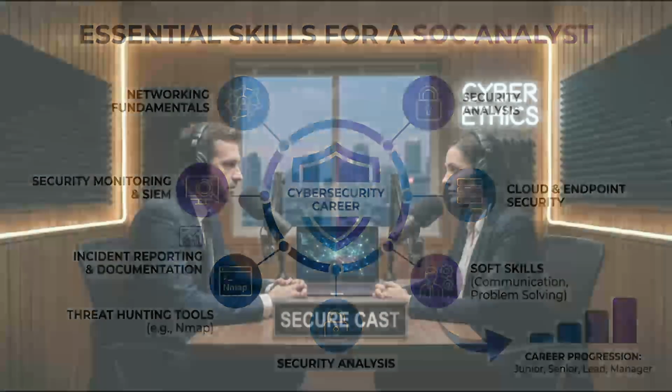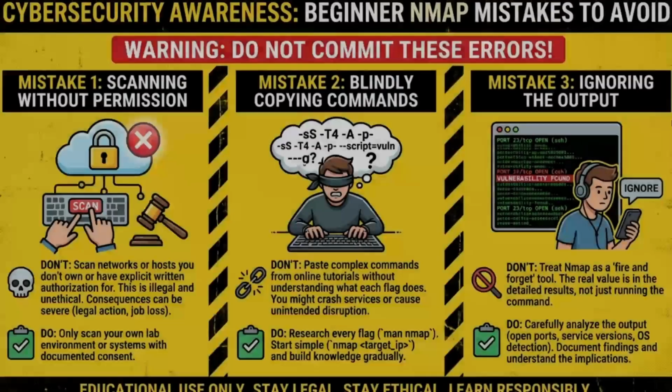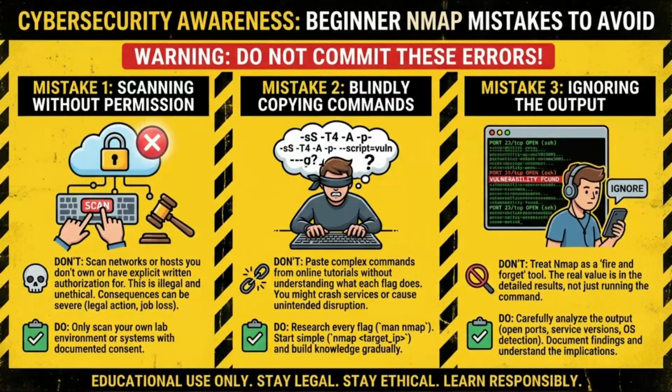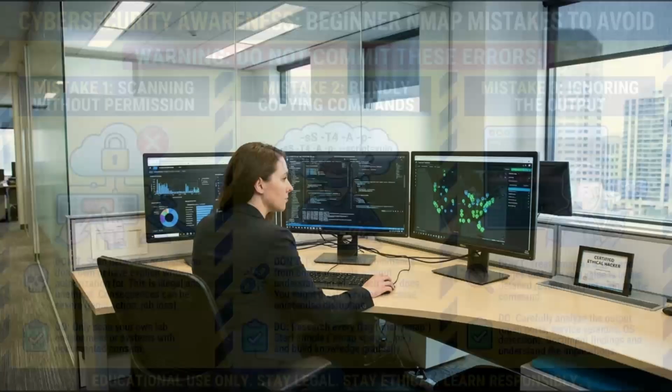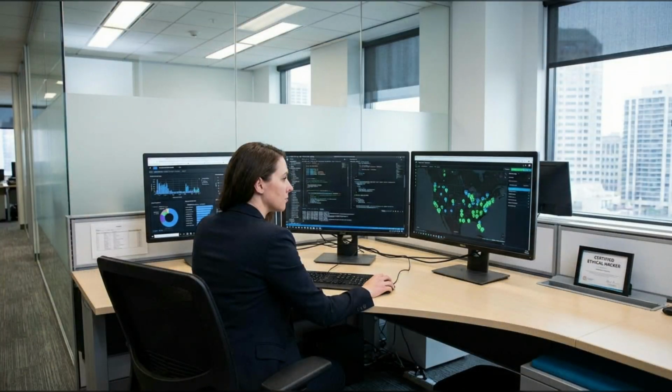Yes, they notice patterns, repeated filtered ports, unusual service versions, odd combinations. These hints tell stories. Almost like body language. Great comparison. Some admins hide services on non-standard ports. That's called security through obscurity. It helps a little, but Nmap doesn't care about port numbers. It finds services anyway. So hiding is not securing.